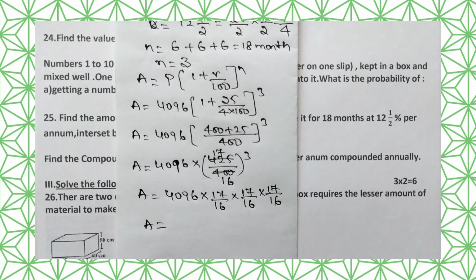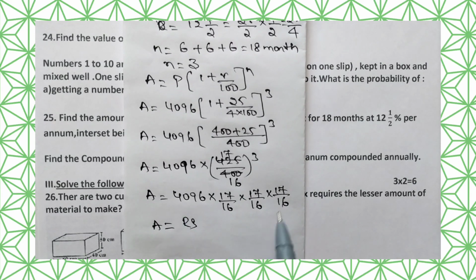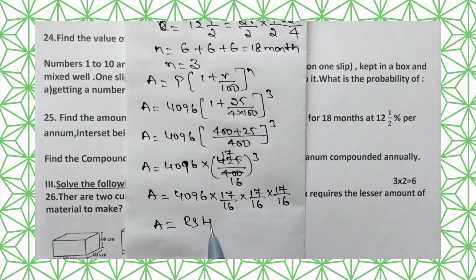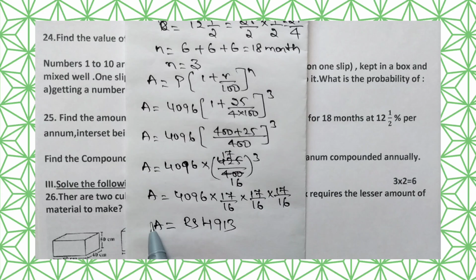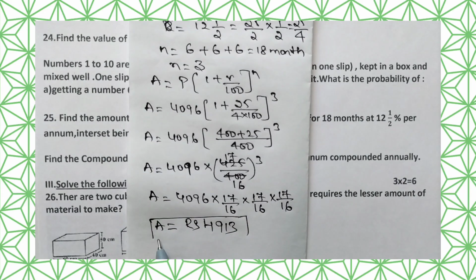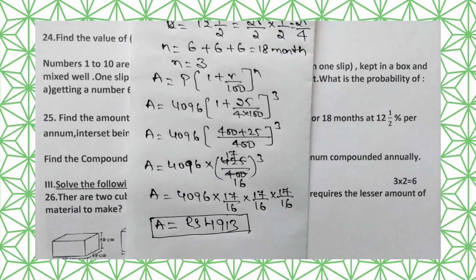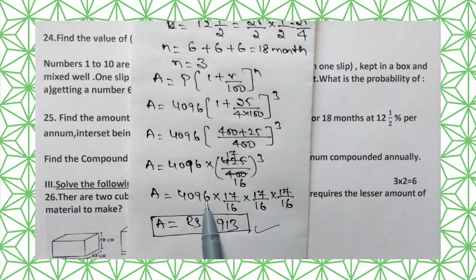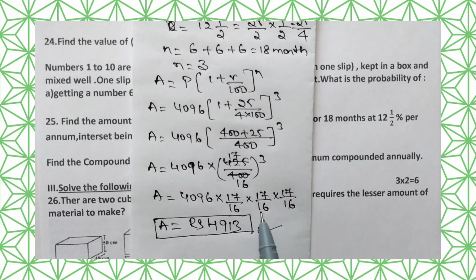Let us simplify it. So if you simplify this one, we will get 4913, and this total amount is rupees 4913. So like this we have to calculate. If you multiply these three and divide by 16 into 16 into 16, we will get